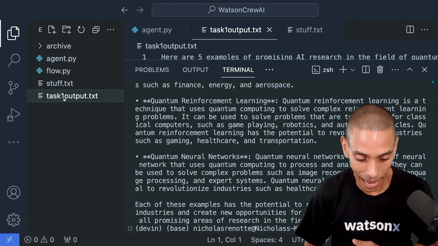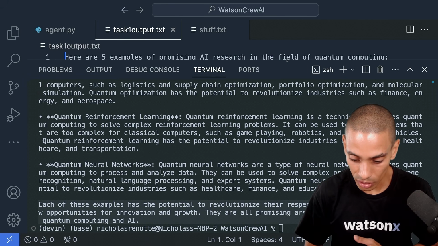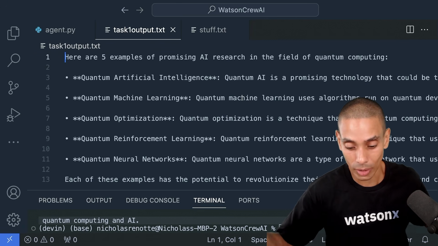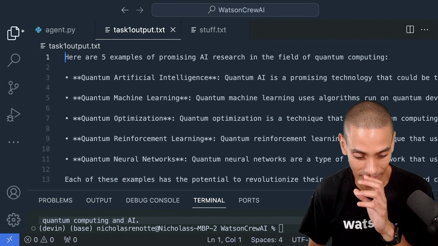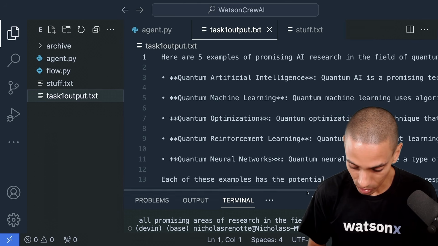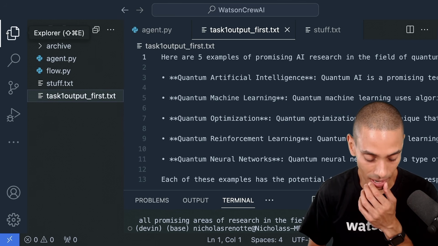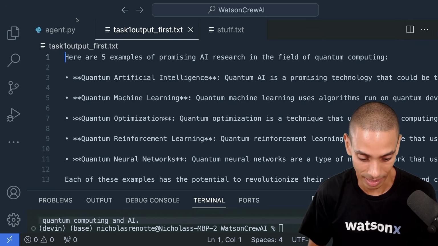The cool thing is that it will output it as a text file. So if you wanted to go and use it, those are all of our bullet points. You can go and use that. I'll include that in the GitHub repo so you can see the responses as well. Okay, so I'm actually going to save this as the first example so you guys can grab it, because we're actually going to regenerate this in a second.